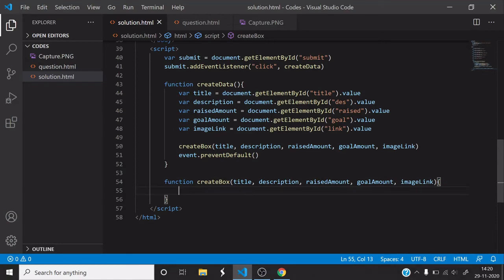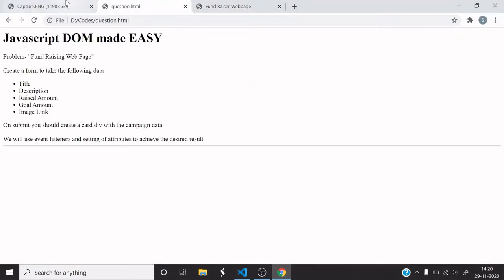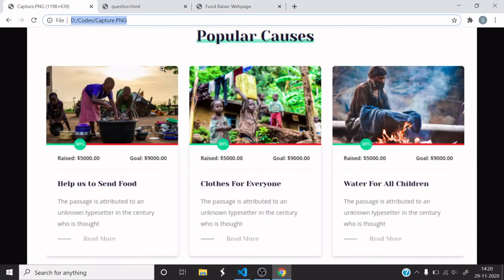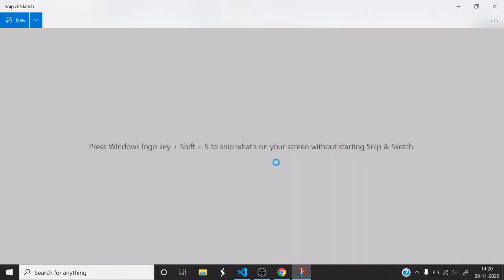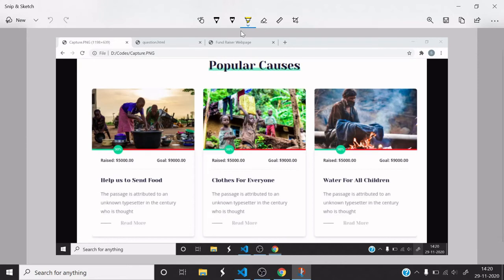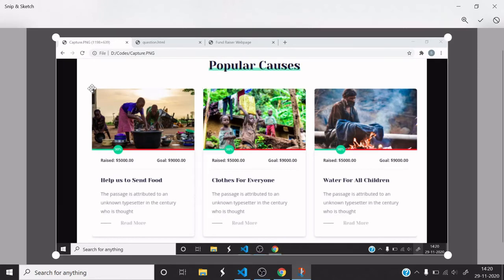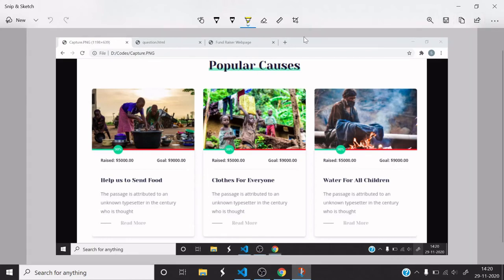So to create an image div like this, we will be creating one box. What we will be doing is creating one outer div with this particular thing.